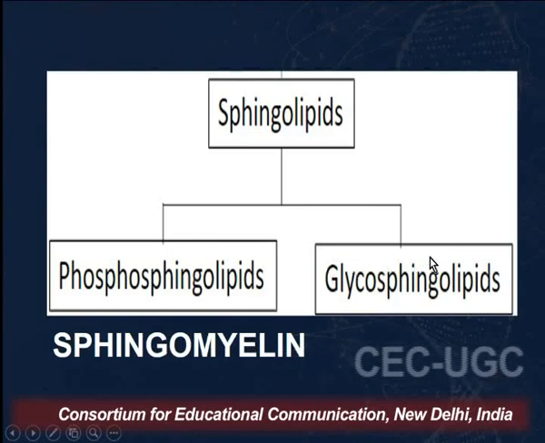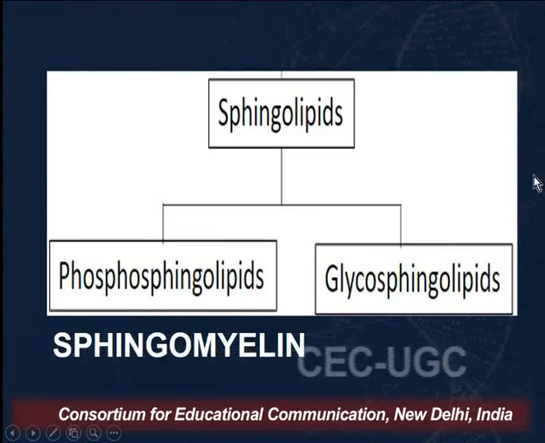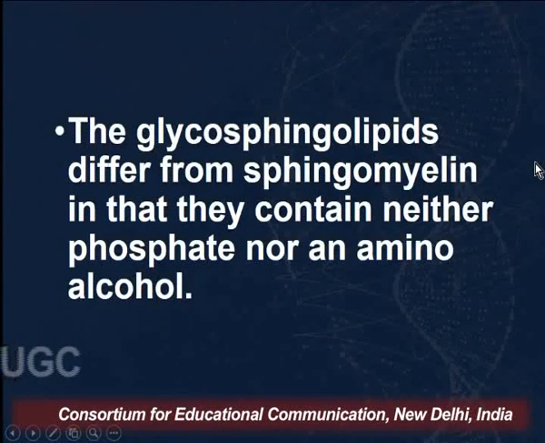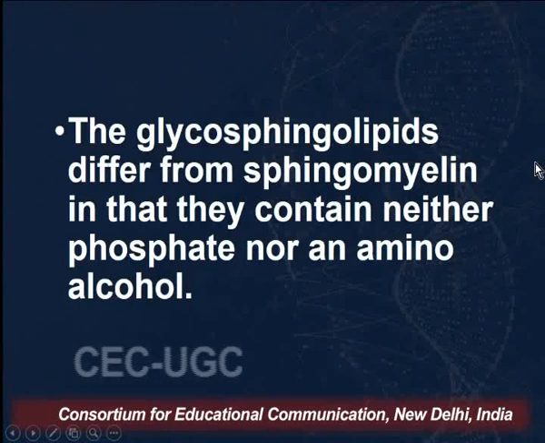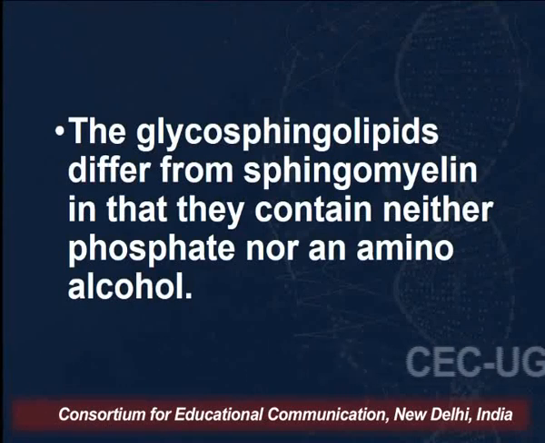Now, depending on this group R1, sphingolipids can be divided into two subcategories, that is sphingophospholipids and glycosphingolipids. In sphingophospholipids, we've already discussed sphingomyelin in great detail. So when we talk of glycosphingolipids, what is the difference between a glycosphingolipid and a sphingomyelin? You have to remember that